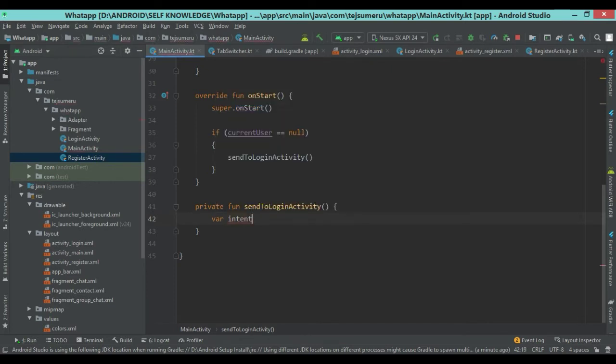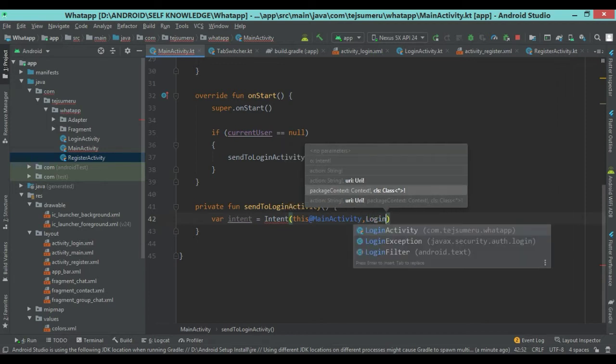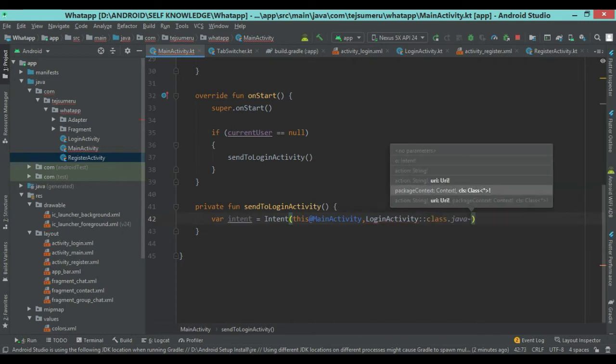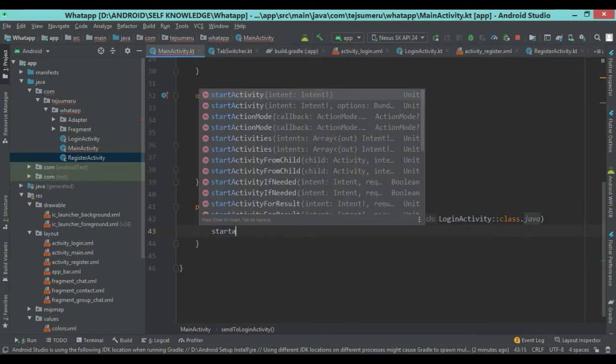So create object of intent, pass current context, that is this@MainActivity, colon the activity name to which you want to redirect. So we are passing LoginActivity::class.java and call the method startActivity and pass intent.